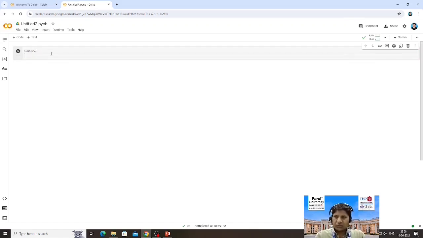It means you want to print a table of 5, and i equal to 1, while i is less than or equal to 10, means it goes up to 10. Print result equal to i into number,